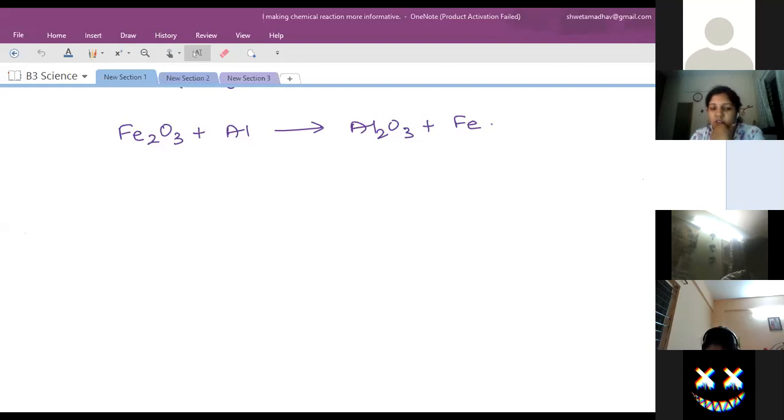Quicklime is treated with water. Heat is produced, so it is an exothermic reaction. And wax is burned in the form of a candle. So it is exothermic, heat and light are produced.